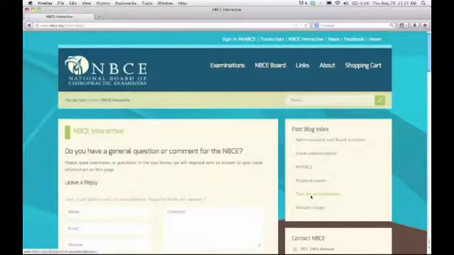As you can see, you must rely on other people to fill out portions of the request form. Therefore, planning ahead is essential for having the paperwork ready in time. For more information on test accommodation deadlines and examples of proper planning, please see the blog on NBCE Interactive called